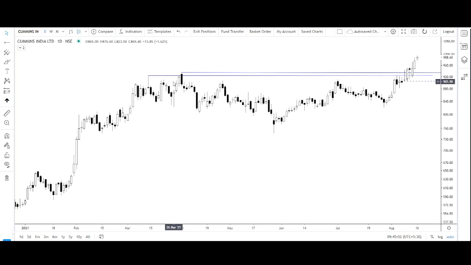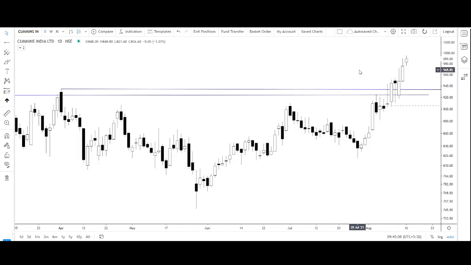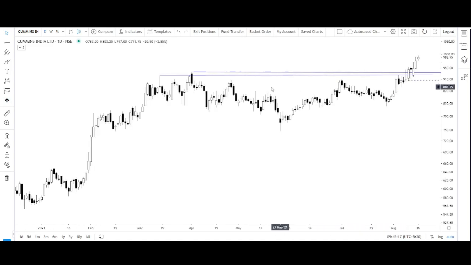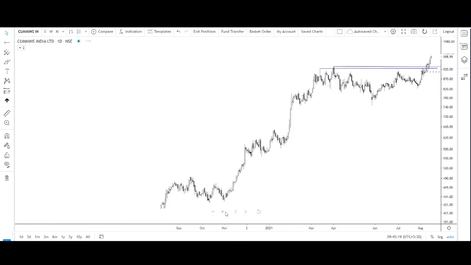Here in this video, I'll explain my intention of taking an entry into Cummins India. My buying price is 932, so I took entry on this day, 11th August, at the 932 level. So what I saw was, the first thing, if you see here, is that this stock is in a